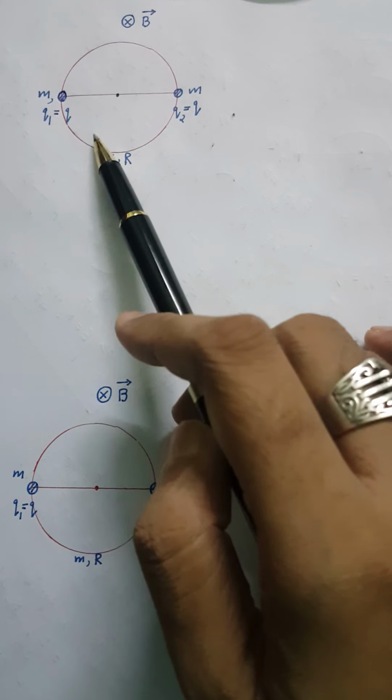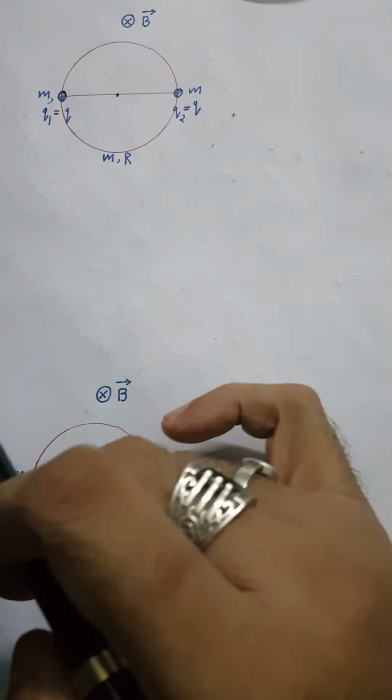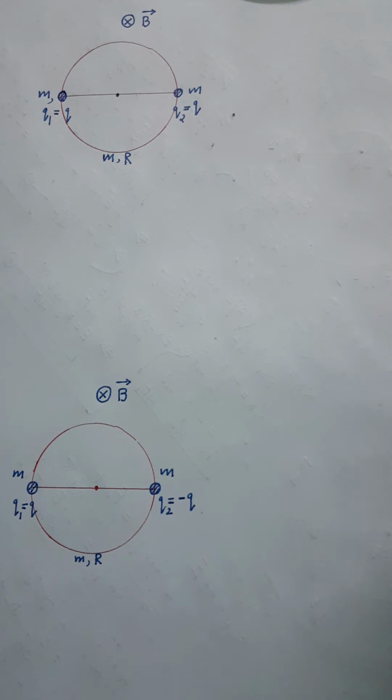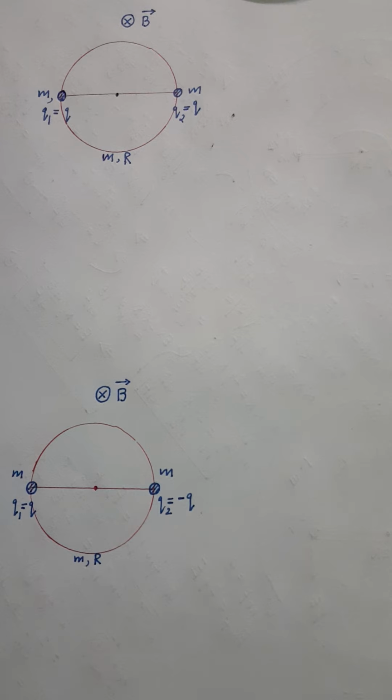radius of the disk is r, and there is a time varying magnetic field along the negative z direction, whose magnitude is constantly changing with time. So, because of this changing magnetic field, EMF will be induced on the disk. Now let's analyze, let's see what happens because of that induced EMF.